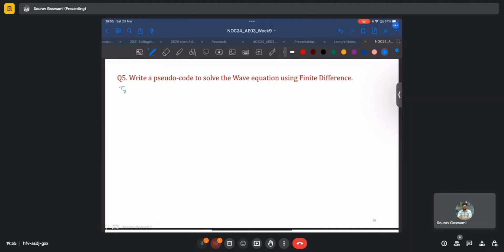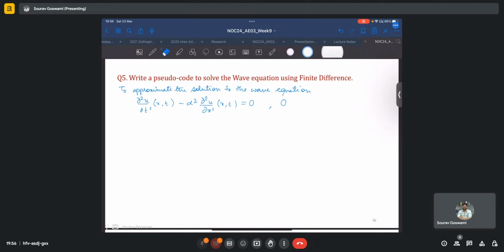So to approximate the solution, the wave equation ∂²u/∂t²(x,t) − α² ∂²u/∂x²(x,t) = 0 on the domain 0 < x < L, for the time 0 < t < T, some maximum time T,